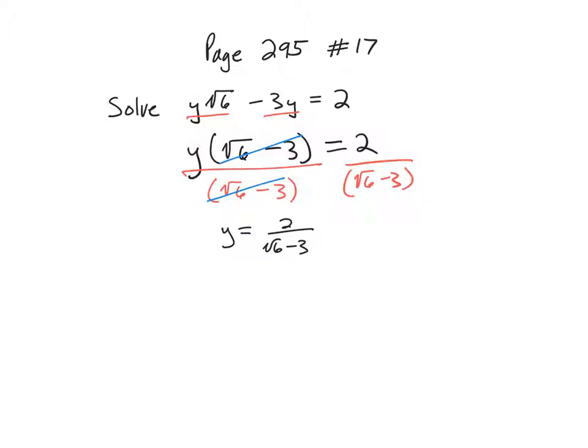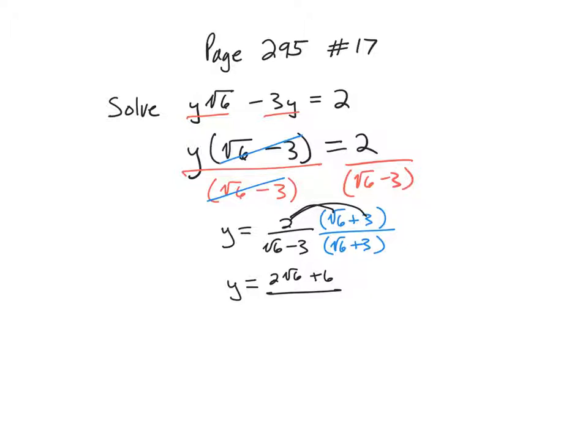Now I can't leave that with the radical in the denominator, so now I'm going to have to rationalize using the conjugate, radical 6 plus 3, top and bottom. So that's going to give me 2 radical 6 plus 6